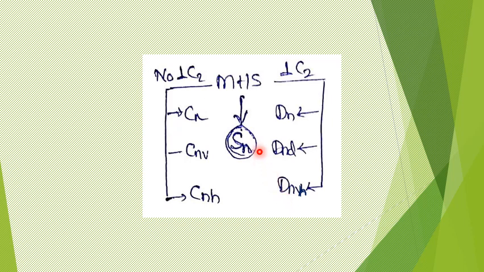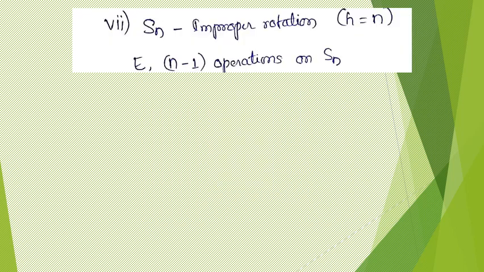Now, the last one under molecules with high symmetry is Sn. So this point group we shall see in the beginning. This point group Sn can even be called the improper rotation point group, because whatever operations are possible in this point group can be summarized as being performed on one improper rotation axis. So only this improper rotation will be possible in this case. The order, or number of operations possible in this group, is equal to just n.